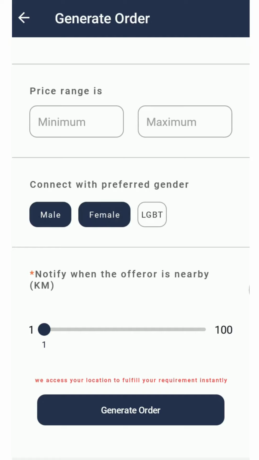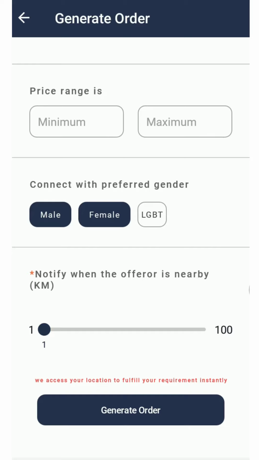Or let's say if you are selling some products which are only related to male, so in that case you can only select male. Or if you're a female doing some business and if you're selling some products to only female and you only wanted to connect with a female, then just click on female. But in my case I'm looking for a job and the one who is providing this job could be a male or female. In that case I'm selecting both.